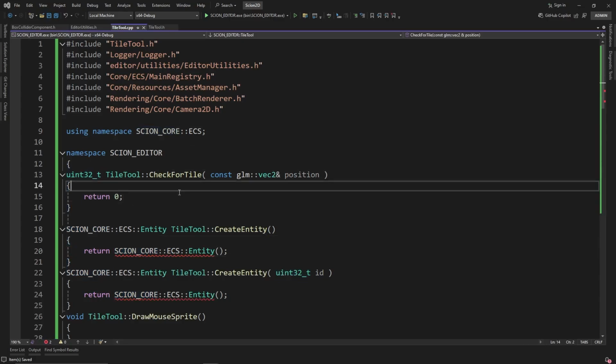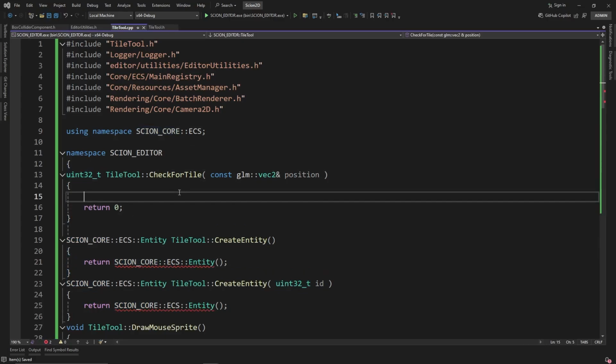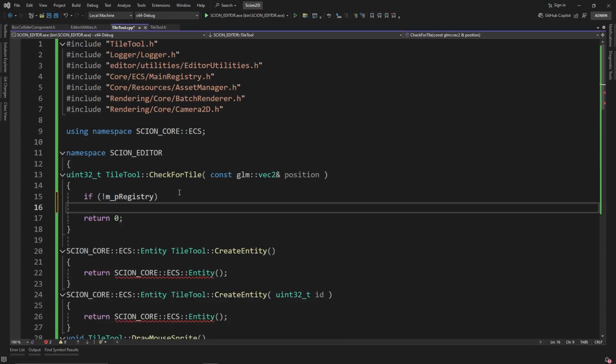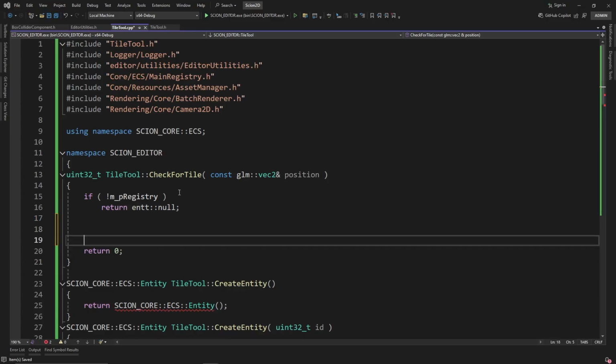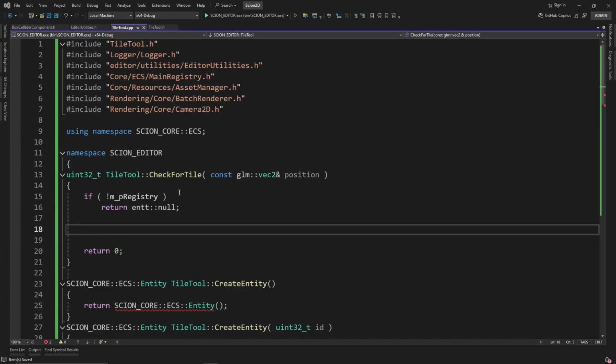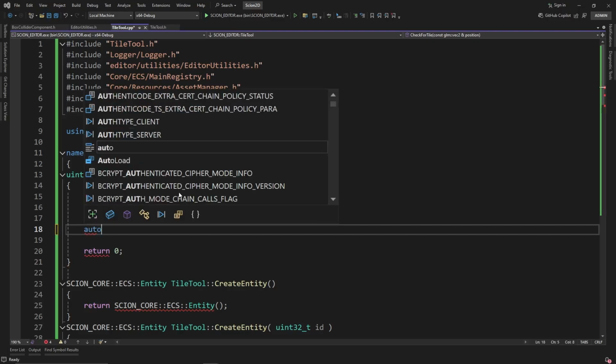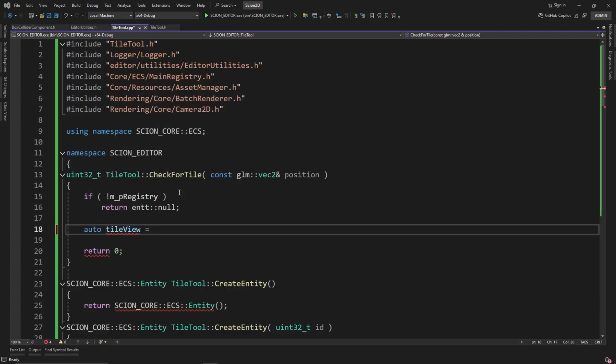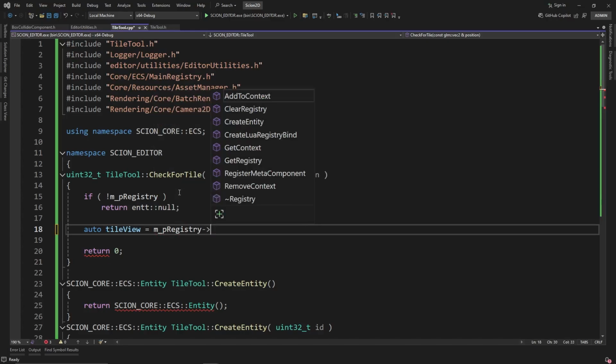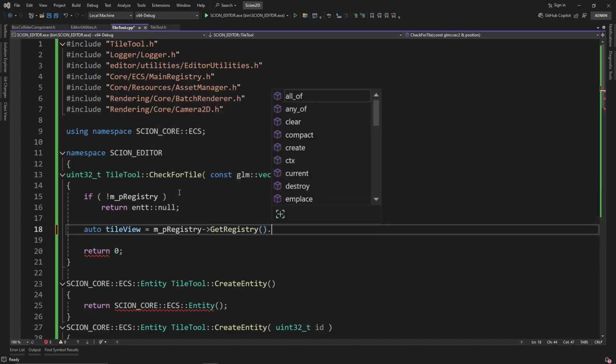All right. So for the check for tile, the first thing I'm going to want to do is check to see if the registry is valid. If the registry is not valid, we're just going to return entt null. So if not mp registry, we should have access to the registry. We do. And it's going to be return entt null. Awesome. So now let's get the tile view. So what I want is a view of all entities that have a tile component and a transform component. So auto tile view is equal to mp registry get registry dot view